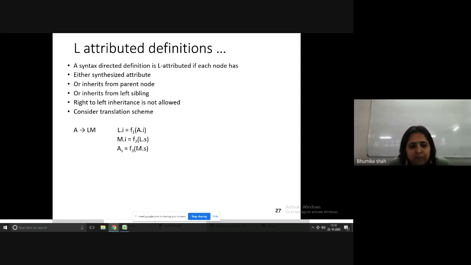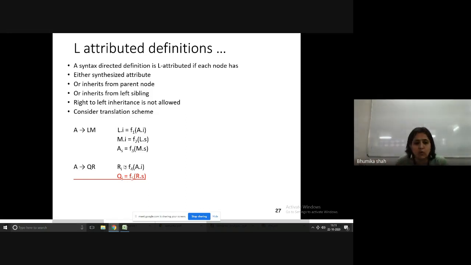Okay, fine. If we move ahead, suppose it is A derives QR, where the value of R is calculated using the value of A. Means the value of R is calculated from the parent node. Parent to child value calculation, that is also allowed. So this rule is also valid. But if I have a rule like this, that the value of Q is evaluated using the value of R, means the value of Q is evaluated with the value of the right sibling.